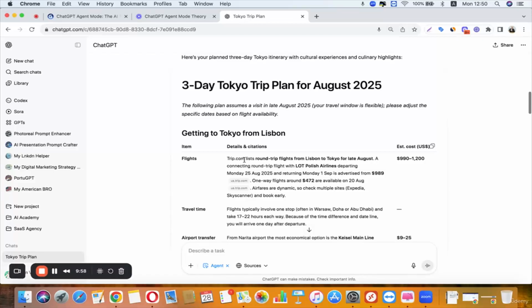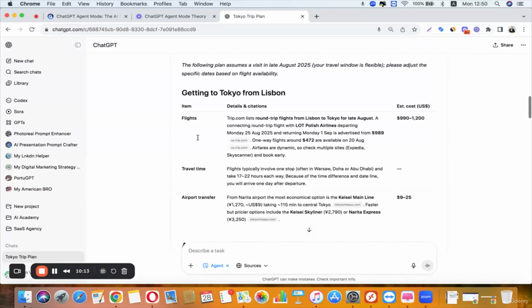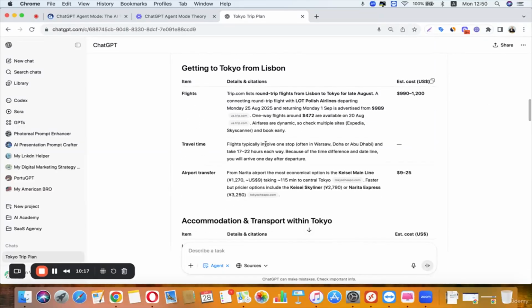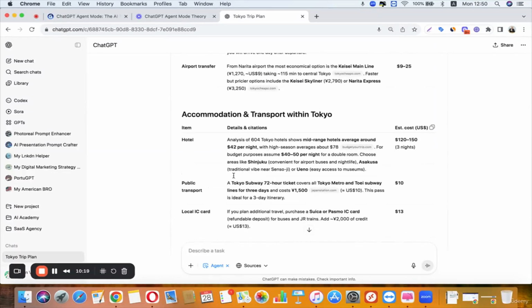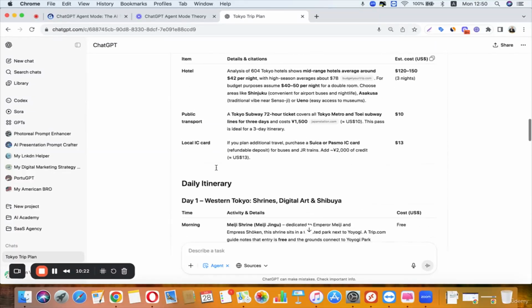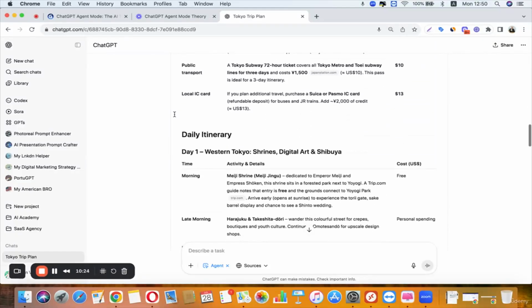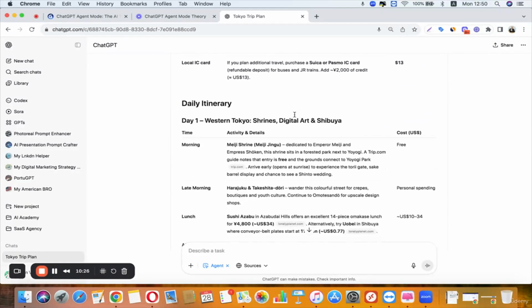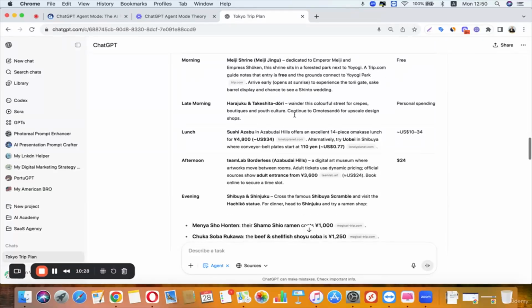And here we are. Here we have our 3-day Tokyo trip plan. It took us just 10 minutes, not so long. As I mentioned, on average it's from 5 to 15, but for some complex tasks it really can go like half an hour. So we see the flights. Flights definitely are the most expensive part in this story. Travel time, airport transfer, hotel, it gave us hotel details, public transport, local IC card, daily itinerary,